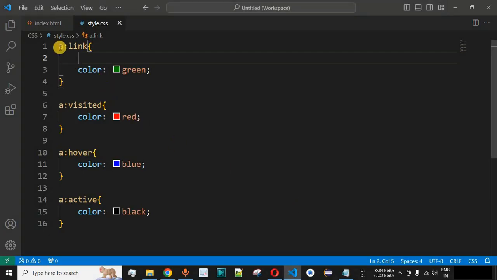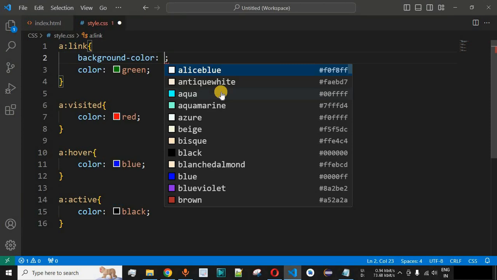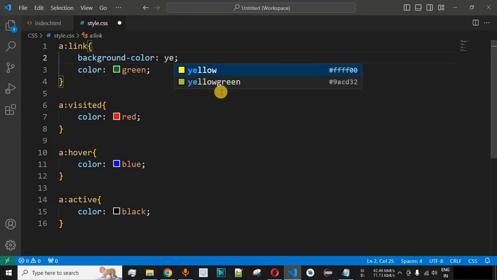Now guys, apart from this, we have something called as background color as well. What we can do is simply we can set the background color for this link. So basically over here for the anchor tag in the link state, what we can do is we will set the background color over here, and let's say we set the background color as yellow. Let me just save this file now and try reloading this page once again on the browser. So as you can see, the yellow background color is getting displayed over here behind this particular link.